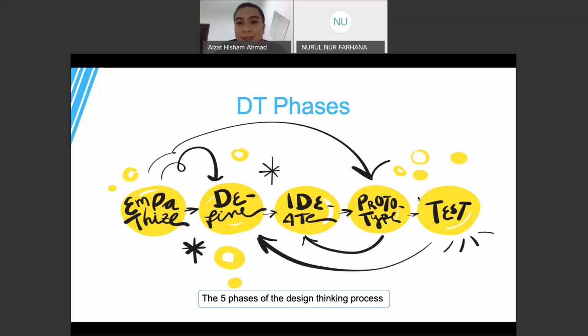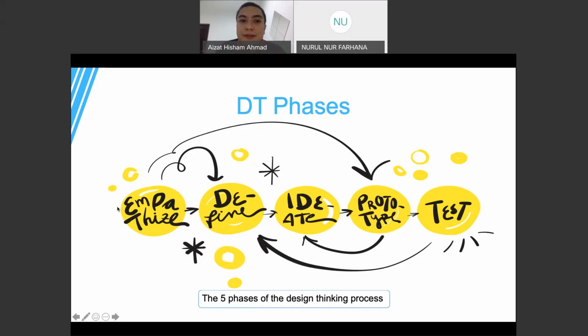Now that's a simple example, in having a recipe to cook for iftar today. Let's look into a bit more technical example. Somebody is developing software, for example, if you're a software developer in computer science. I think for those in computer science, you have learned software engineering, which is very, very much similar to design thinking itself.